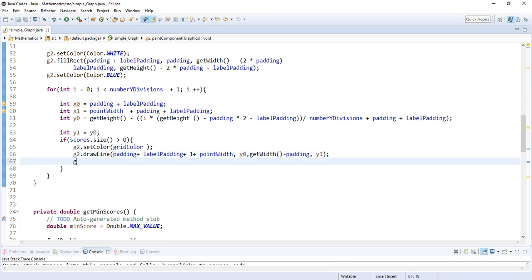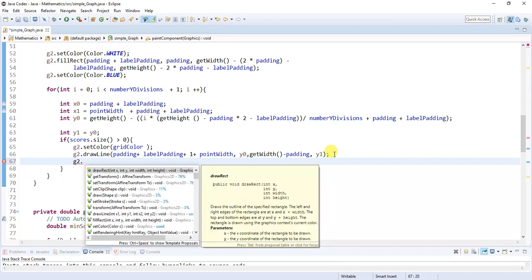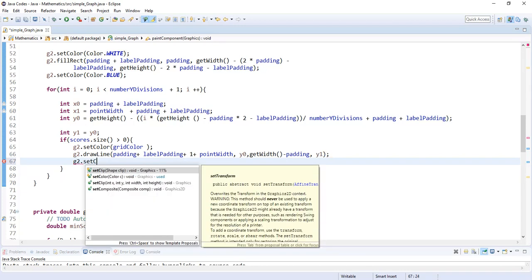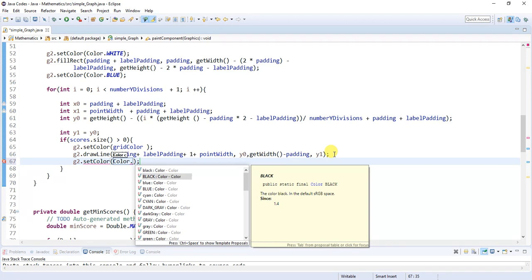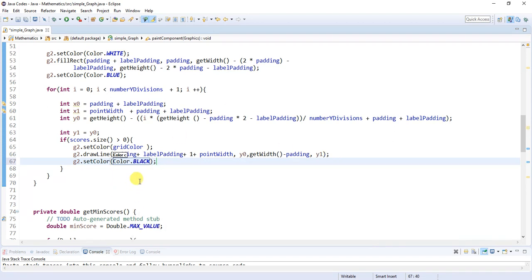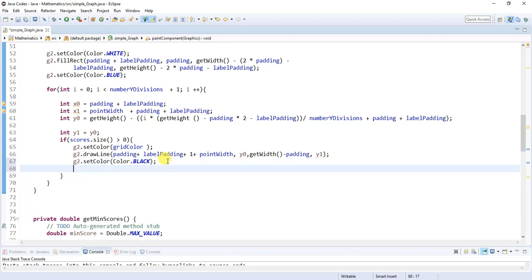Because I'm not yet done, I'm going to set color again to color dot black, and I need a string, right? Let me say string y label will be equal to int,